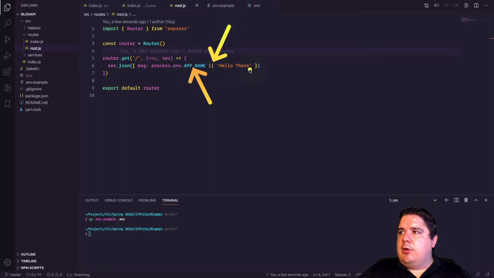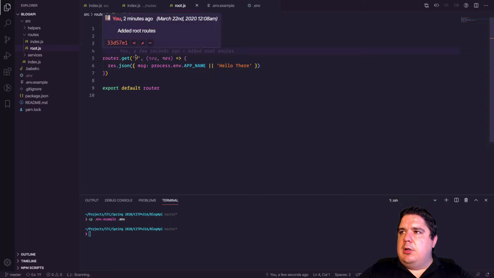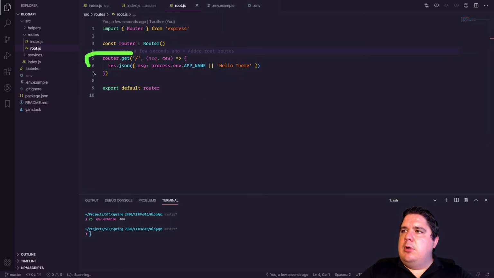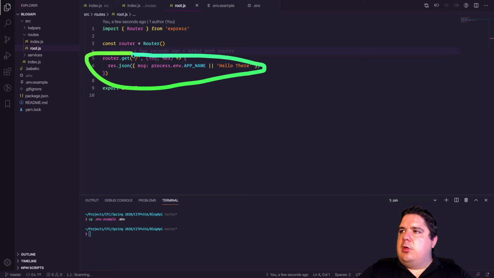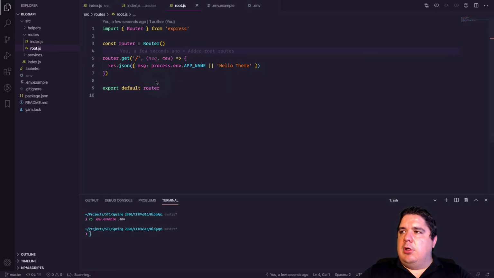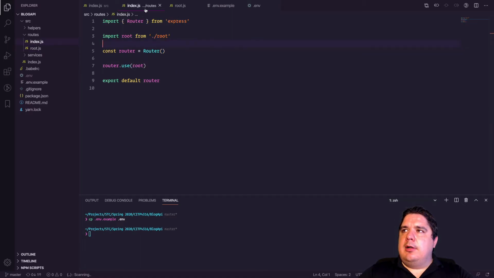If this doesn't exist, what I'm saying is respond with this hello over here. That's what we're doing. So it's the same router that we had before, just scaffolded in a new file. Now with scaffolding, we export this router element as a default, and we import it here in the index,